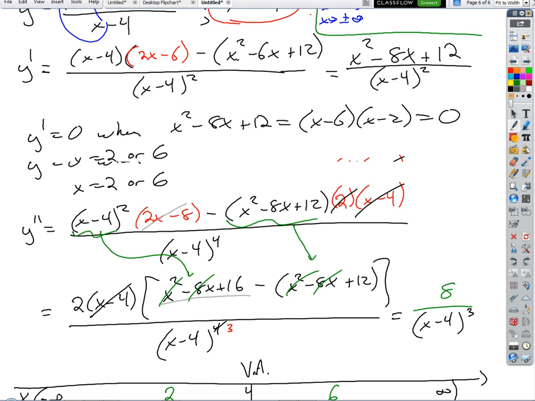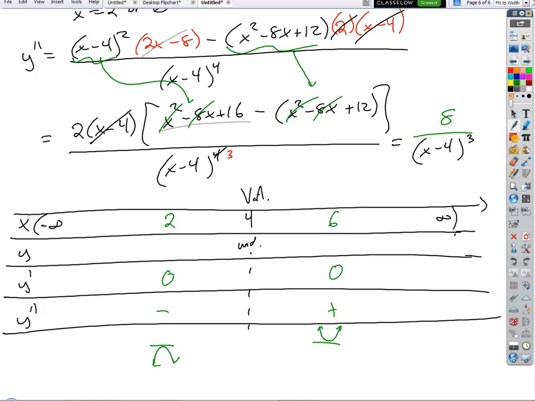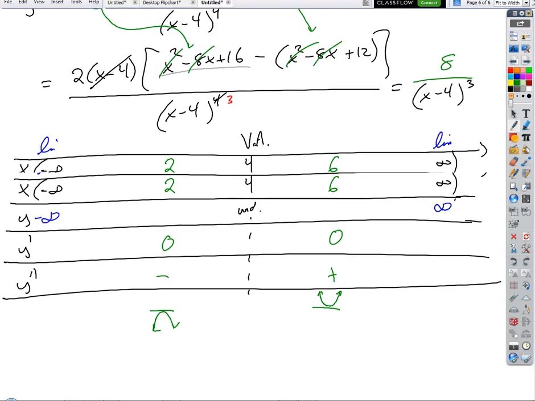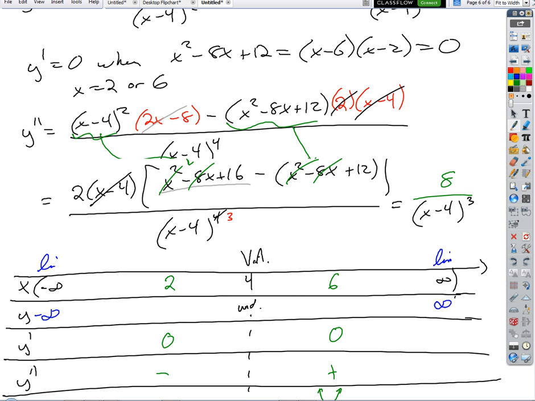Okay, so look what we can do here. How cool is this? See what I'm saying? How cool is that? That's super cool. Right? So now let's go ahead and anchor these points by just evaluating the original function at 2